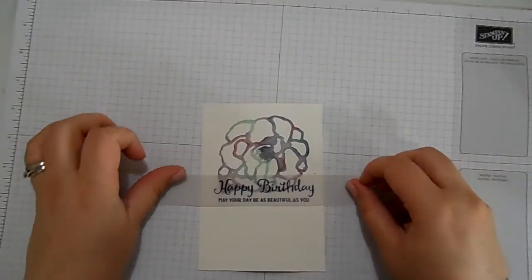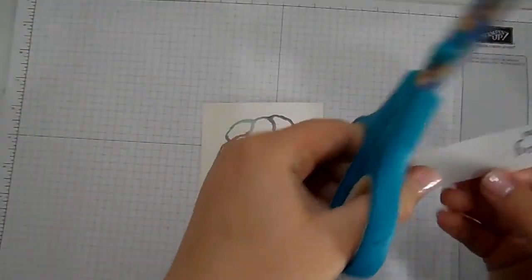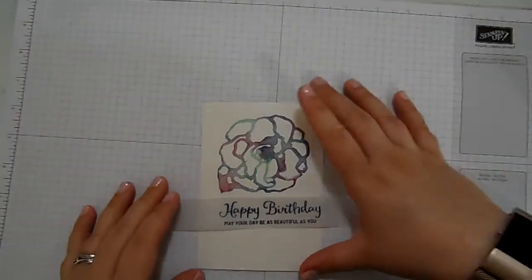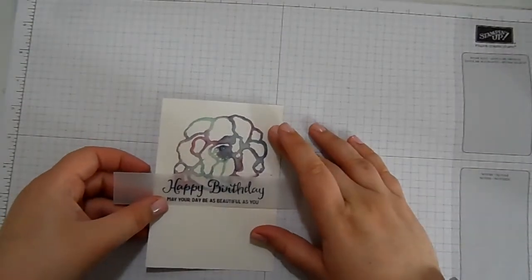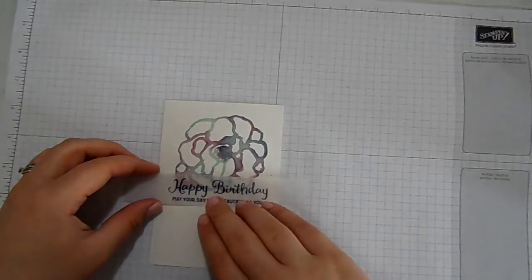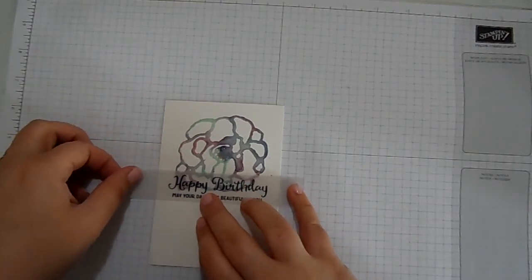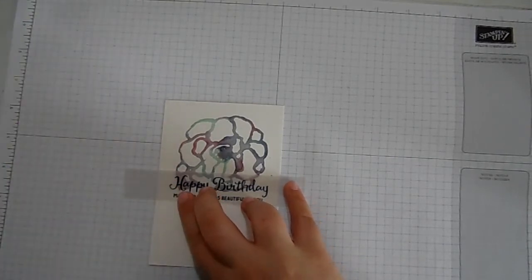So this will sit across here like that, so I can trim off just some of the edges of my vellum, because I had a piece that was far too long. So I'm just going to kind of get that lined up on there like that. Get that happy birthday exactly where I want it. Make sure it's square. And then